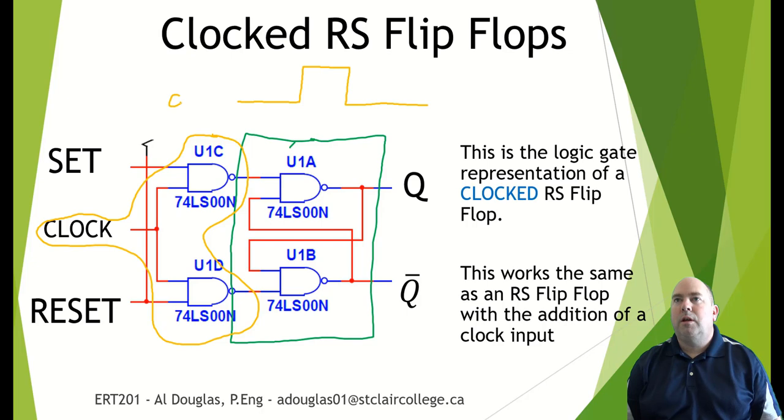Call this clock. That we actually get a transition of Q and Q bar. So we can change the set and reset as much as we want, but it's only what position these are at the time when this clock pulse happens that actually matters. Okay, so we'll demonstrate this